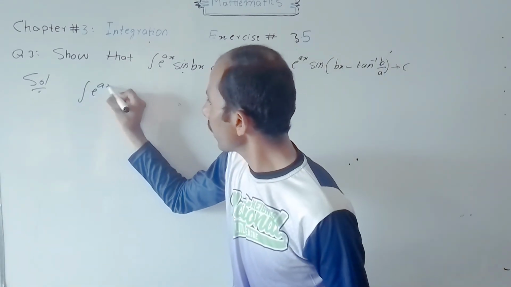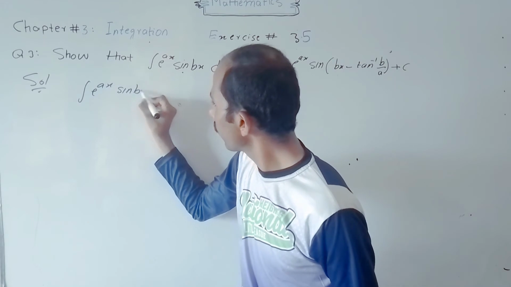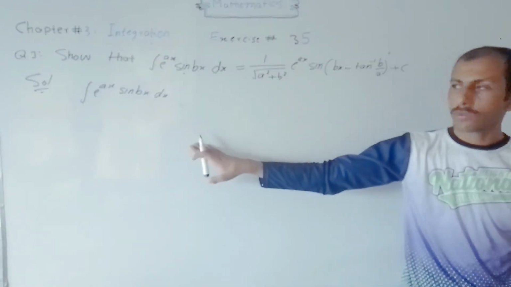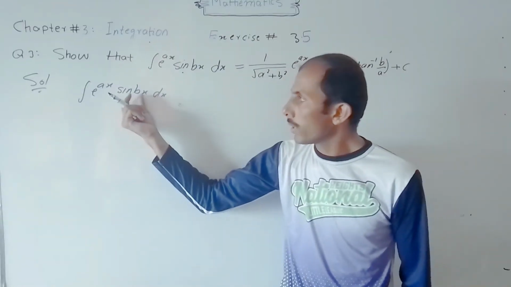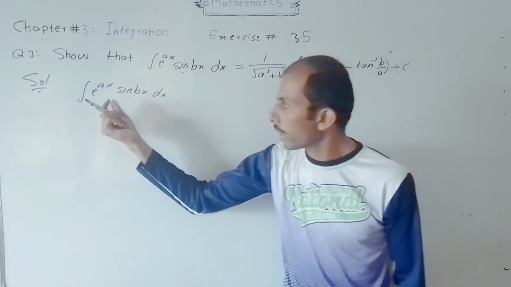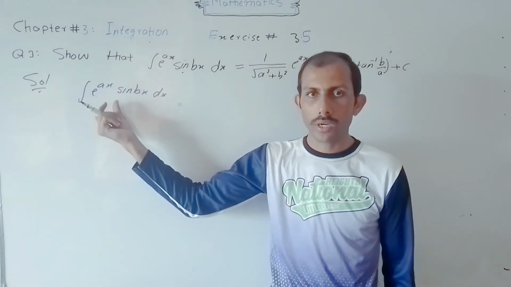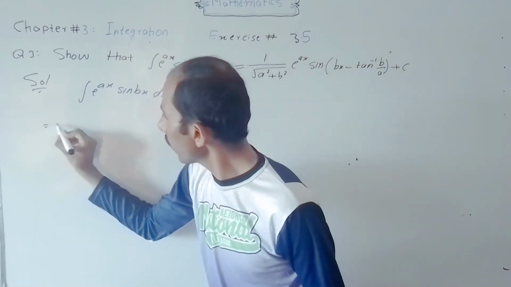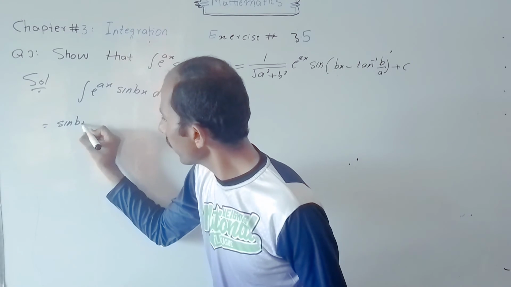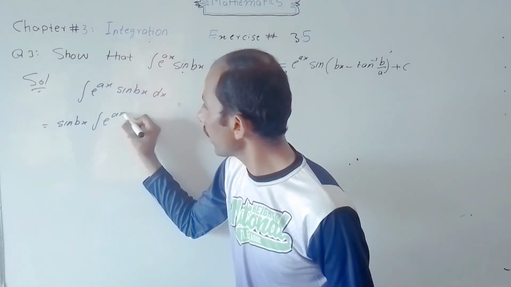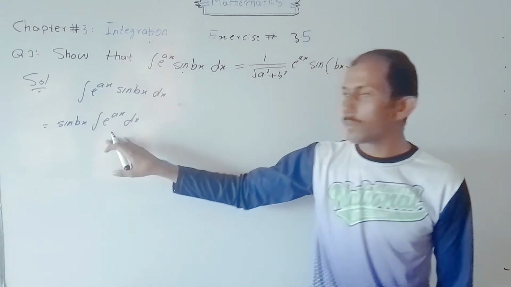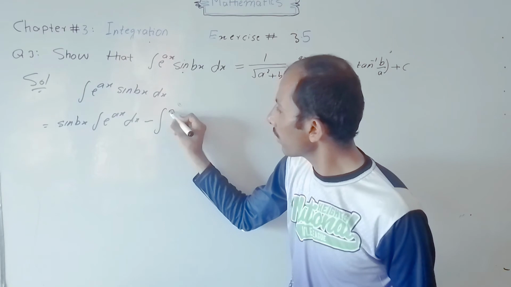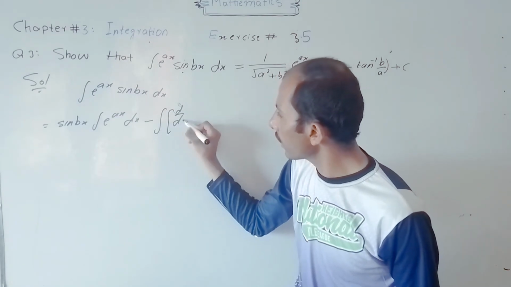integral e power ax sine bx into dx, integration by parts. Sine bx is a trigonometric function and e power ax is an exponential function. So trigonometric function first and exponential function second, is equal to sine bx integral e power ax into dx, using integration by parts, minus integral derivative of first function, that is